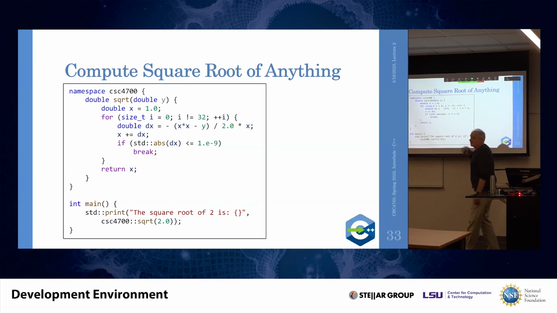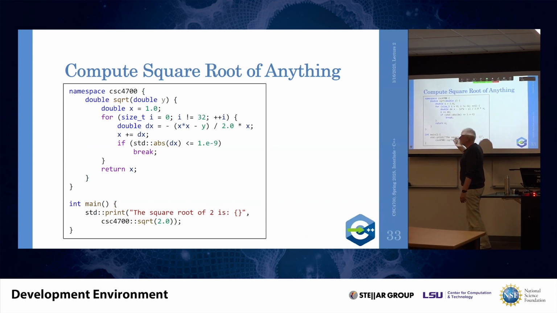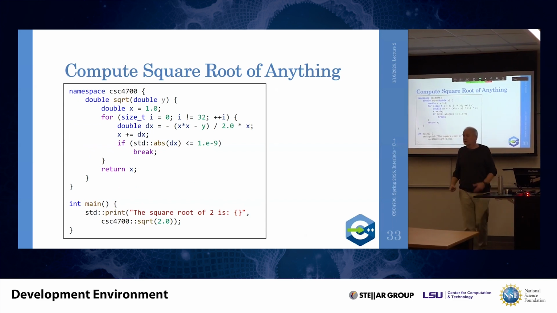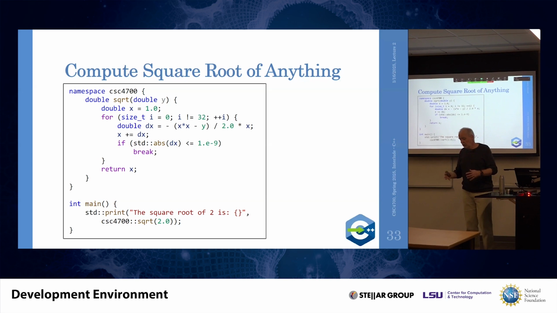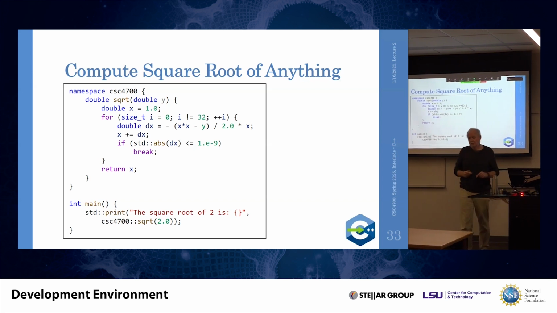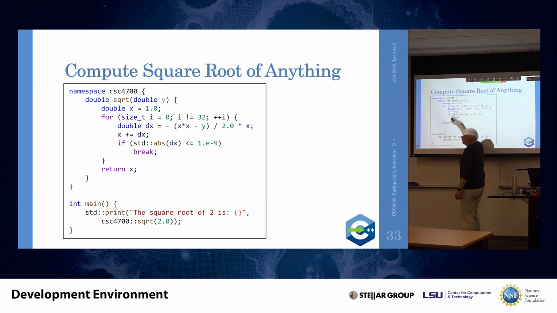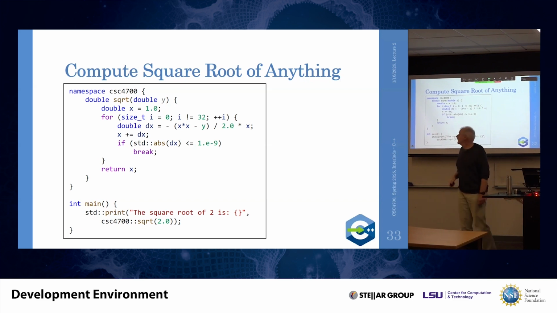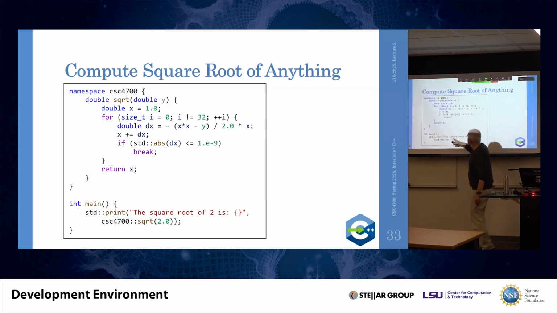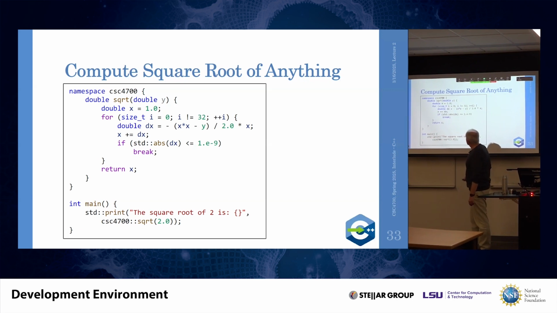I have added it in another namespace just for the sake of it. And then we can call that function with our 2, and we will get the result. So it's a very simple example of how you can abstract code and move that into a reusable block of code, which is called a function, in this case, to calculate the square root. Just a very simple example on how functions can be defined. Now, in this case, we have one argument, a double, which is passed in as a parameter to the function invocation.